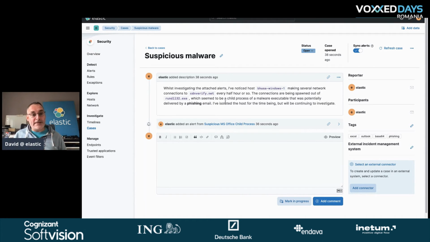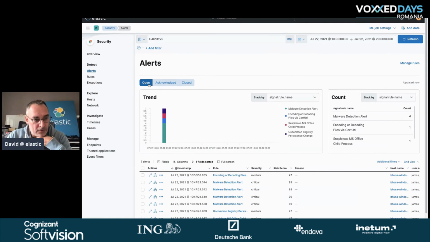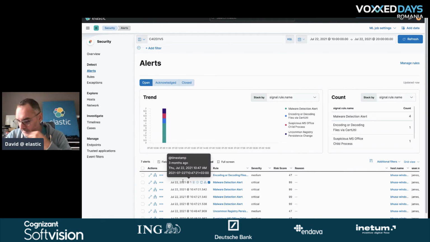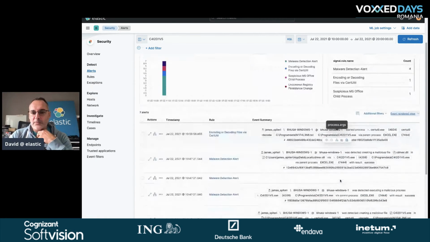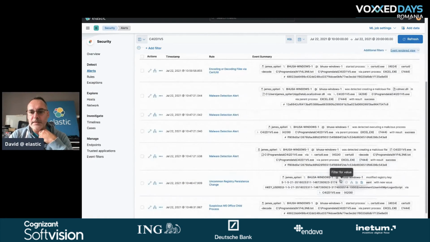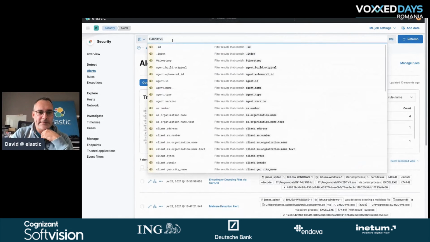So we need to check that to see how bad this malware was. So to do that, we can go again to the alerts here. And we can, for example, activate again the rendered view. And what we can do is to, let me remove this.